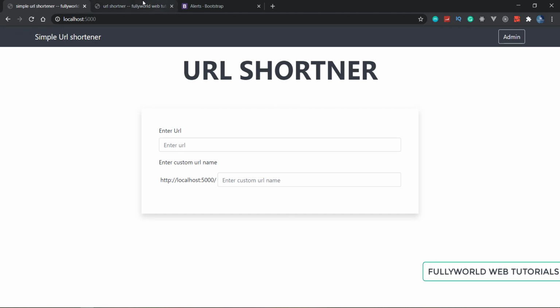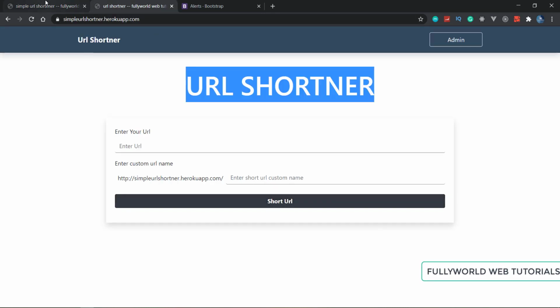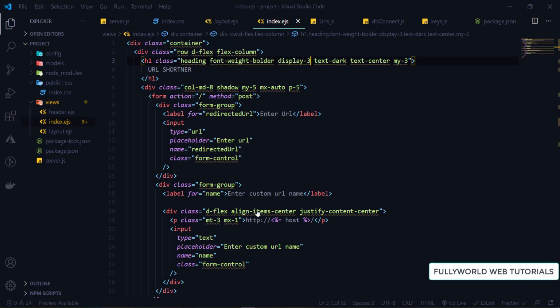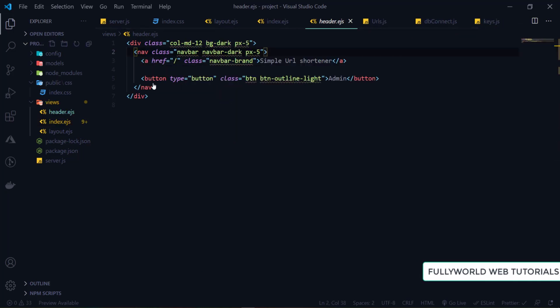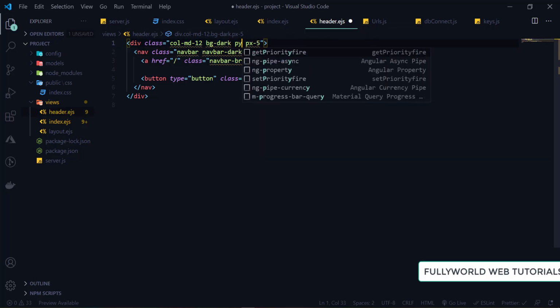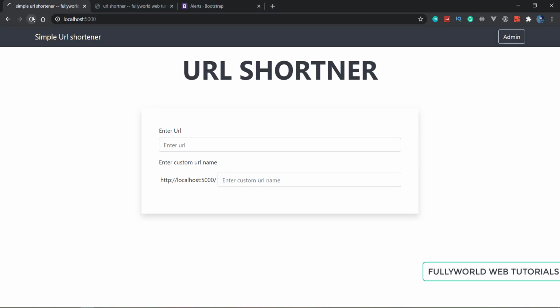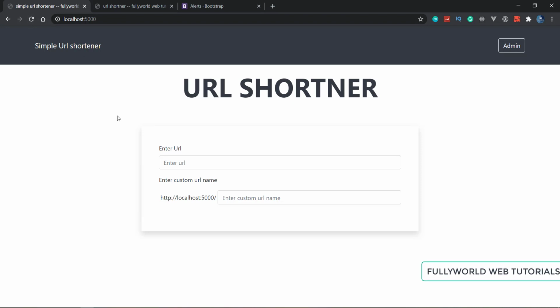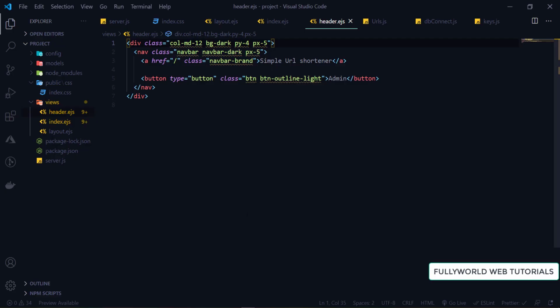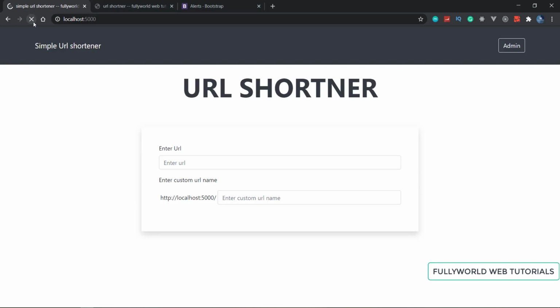Now we have to add this button, the short URL submit button. And one more thing, in the header and the navigation bar we have to set its padding. Padding y will be 4 here. Save it and reload it. 4 is very big, so padding y 2 is good.